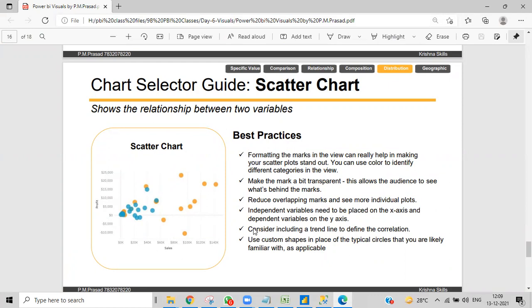What we need to show is sales and then profits. It's not like sales and regions.